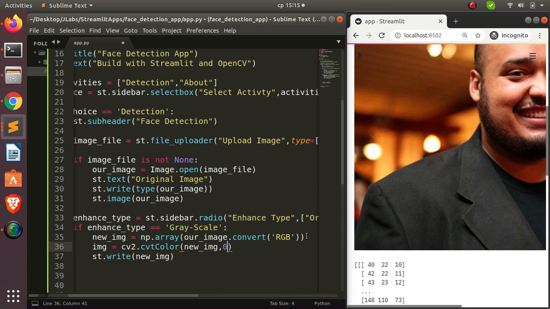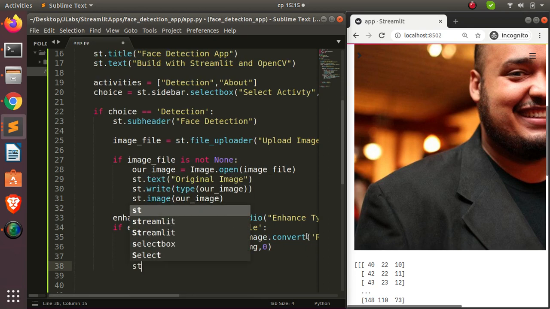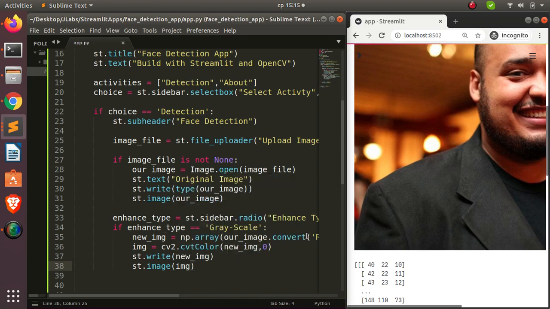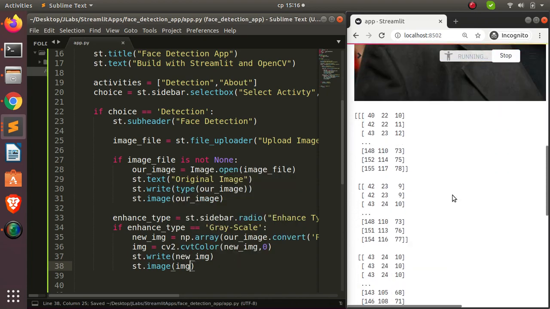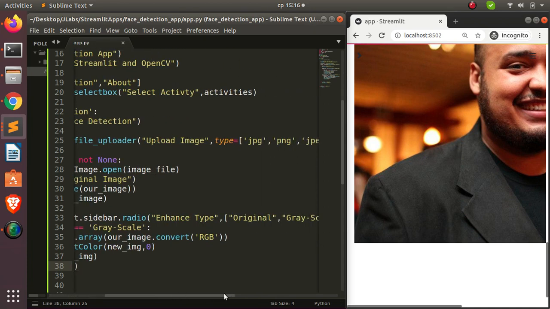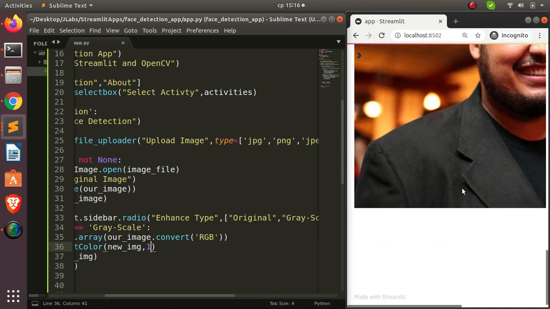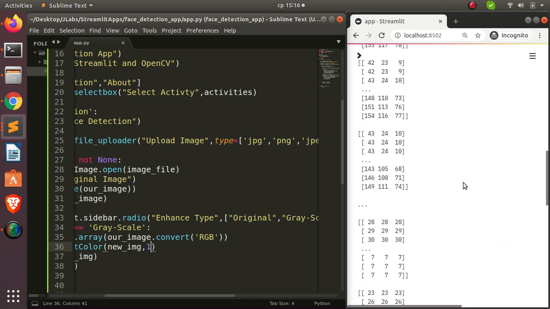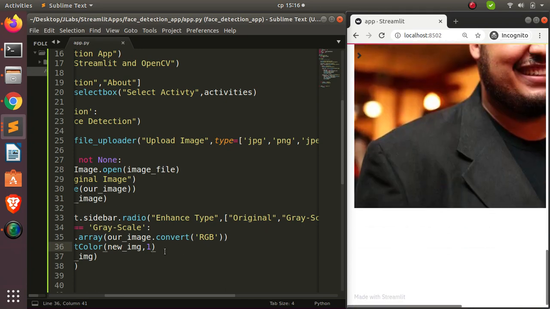If I go with 0, it's going to print totally different stuff. So let's try that one. Go with st.image. Pass in my image here. If I save it and we run it again, you can see that now it's going to be totally different. So 0 means original, right? If I change this from 0 to 1, it's going to convert it to grayscale. So let's run it again. Hopefully it's able to identify it, so that it's giving us a different image. If I go with -1,